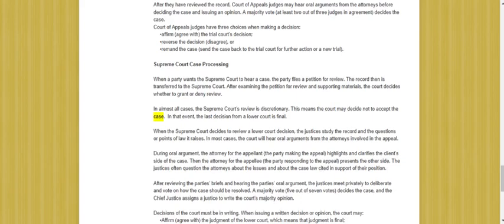So usually if they're even going to look at it, then you must be presenting something to get their attention. And then I guess if you bring forth enough information to carry out why you think that should go, then I guess they will reverse the decision, you know what I'm saying, or disagree with the trial court, you know what I mean, or they'll remand the case, send the case back to the trial court for further action,